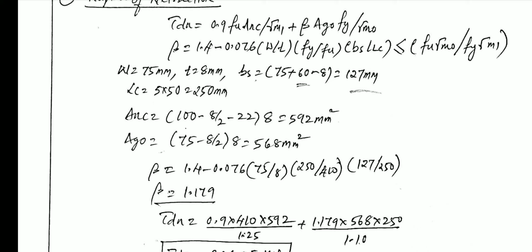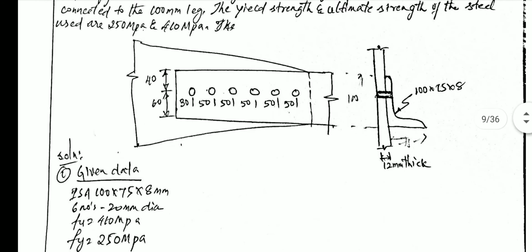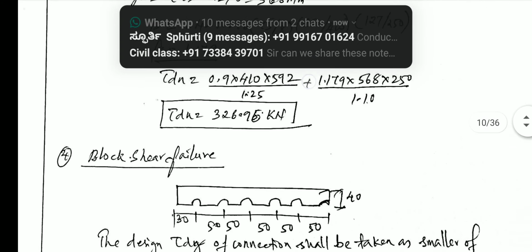Okay, so W is what happened: 100 is the connected leg and 75 is the outstanding leg, that is what we say W. T, you already know, thickness is given as 8 mm of the angle. So Bs is equal to 75 plus 60 minus 8 divided by this, which is 60. 60 is nothing but the gauge, which is already given in the diagram. This is 60, given in the diagram,